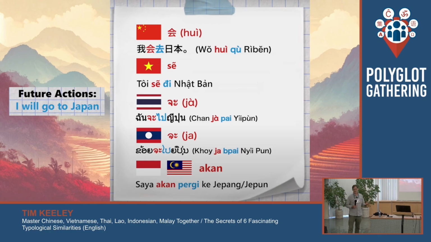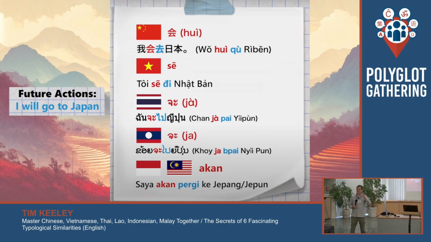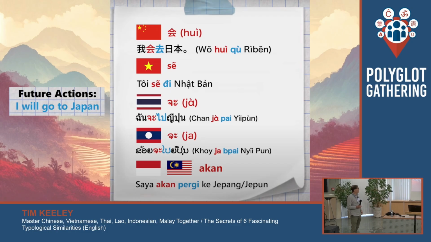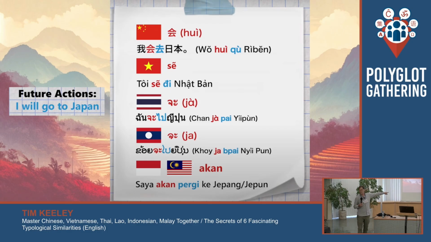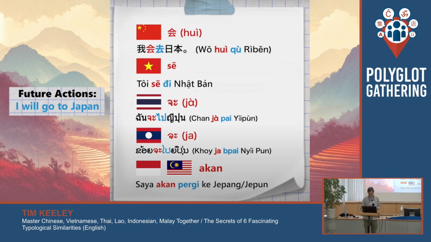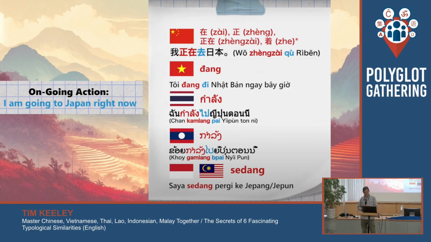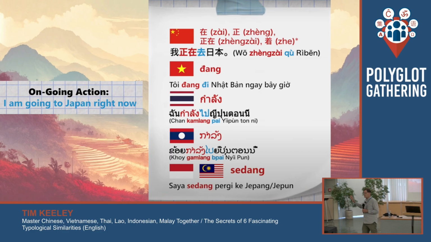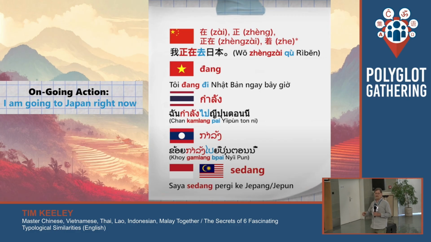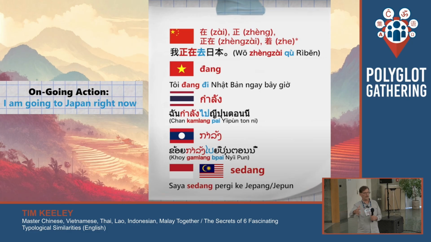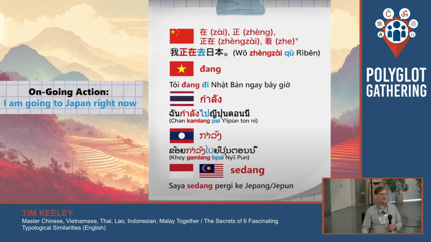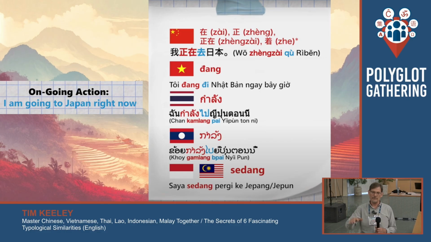I could say tomorrow and then I wouldn't need to say it, but if I don't have a marker and I want to show it's a future, I'm going to use it. Okay, then you have ja for both Lao and Thai. Chan ja bai Ipun, Koi ja bai Nippon. And then here, again, we have Malay and Indonesian producing the exact same sentence, akan pergi. I already introduced Gamlang to you when I was talking about Lao, for when something is ongoing, ing, whether in the past or the future.